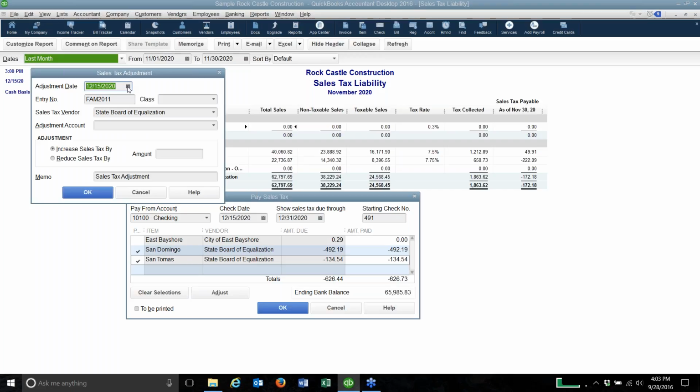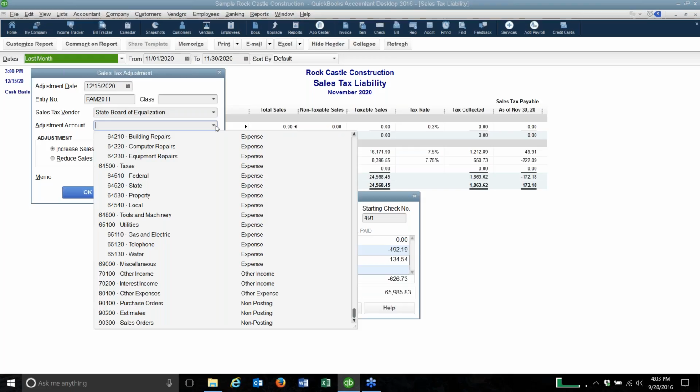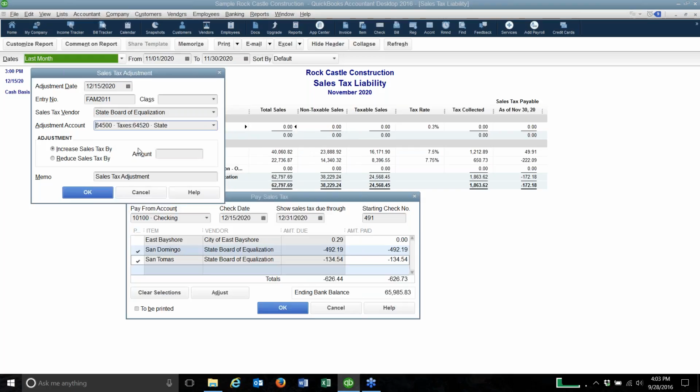as of the date of when you're going to pay the sales tax. You would make it to the agency that you're going to pay it to, and the adjustment account would be your state taxes expense, like maybe called B&O tax expense. And you would increase your sales tax by the amount of your B&O tax. Maybe it's $234, okay? And you'd call that B&O tax,